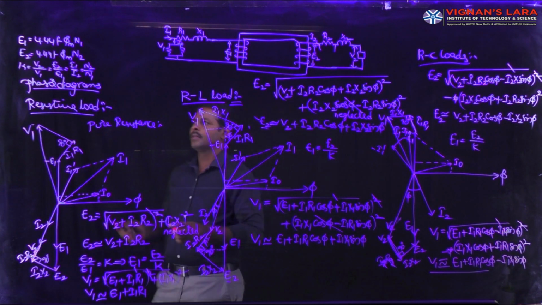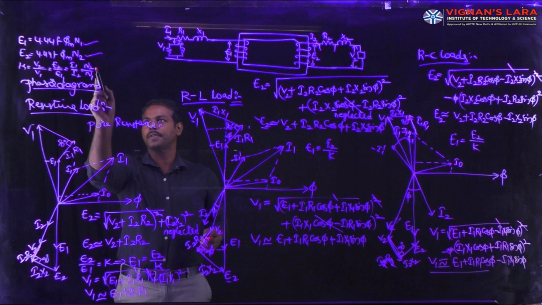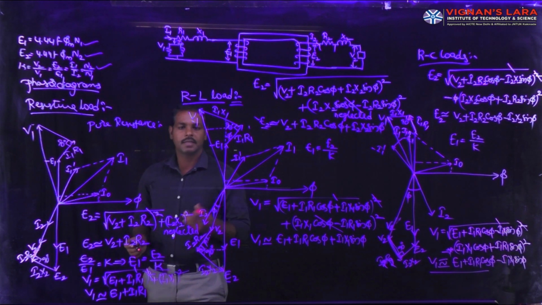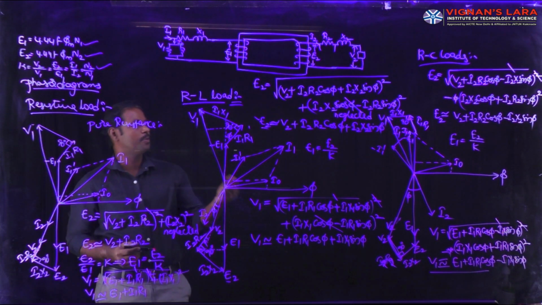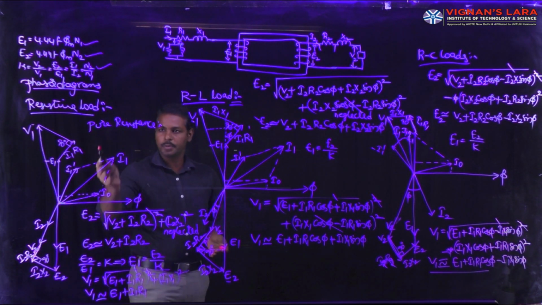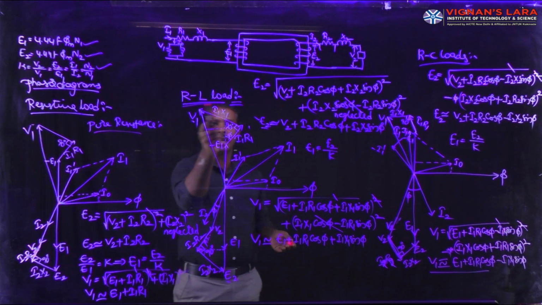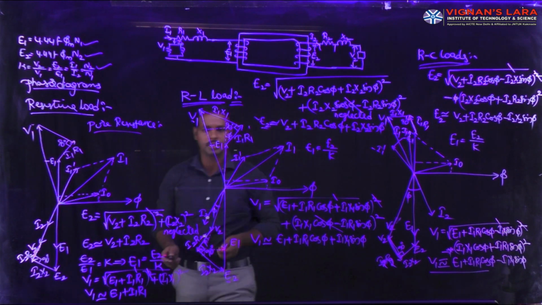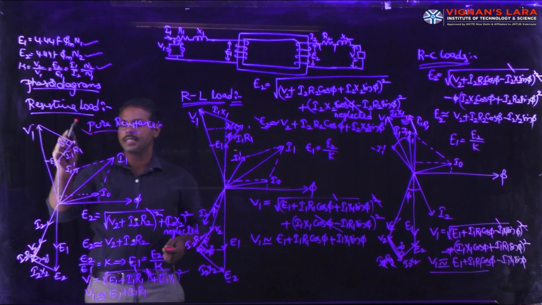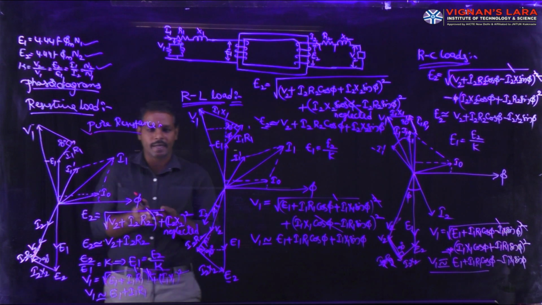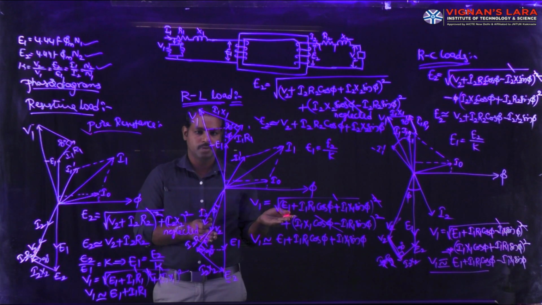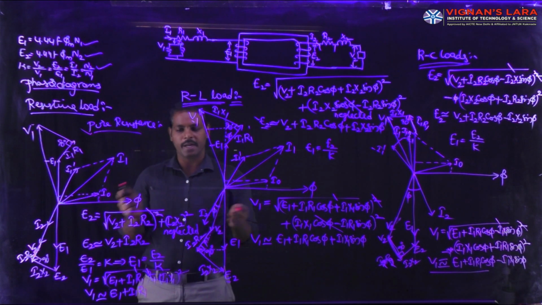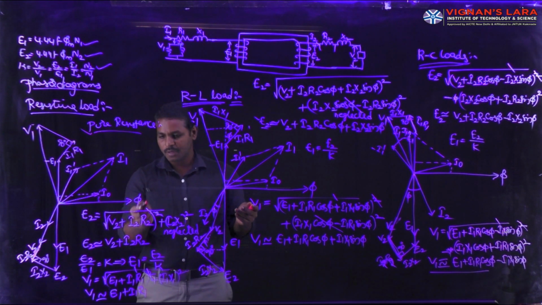First of all, we know the voltage EMF equations and the transformation ratio. Another one is the phasor diagrams of a transformer operating on three loads. One is the pure resistance, second is the RL load, third is the RC load. First is the pure resistance, so there is no inductance present in the load. So phi is the common factor of primary and secondary, which is considered as the reference vector.